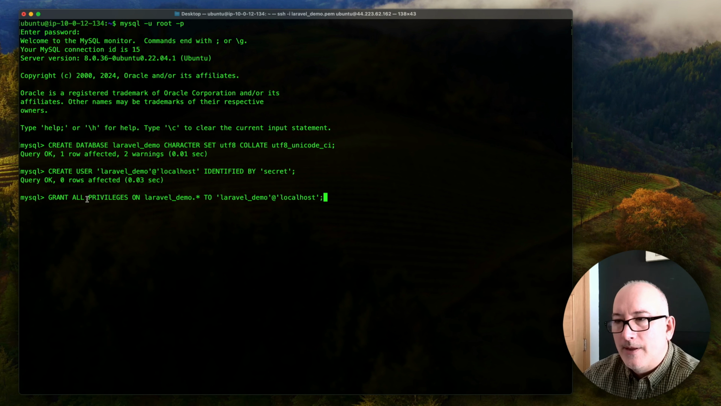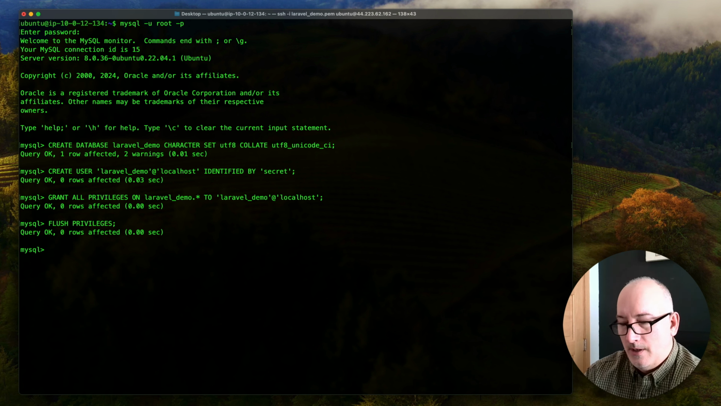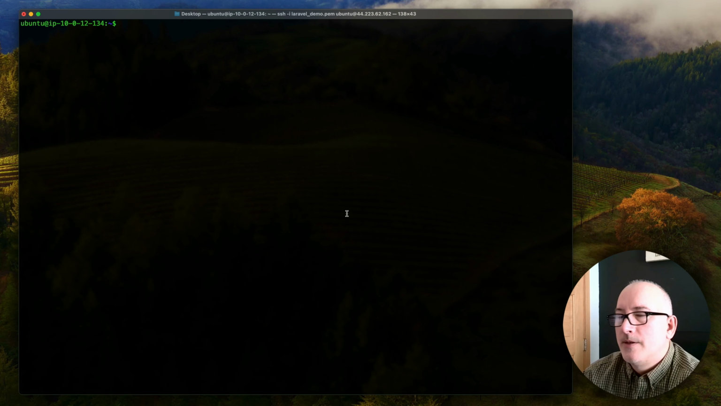Next thing is we have to let this user that we just created have access to our database and everything that's under it. So we'll enter this command. To make sure all those new permissions go into effect, we're going to flush the privileges, and then we are going to exit. So we're going to switch back over to our deployment user, and then we're going to edit